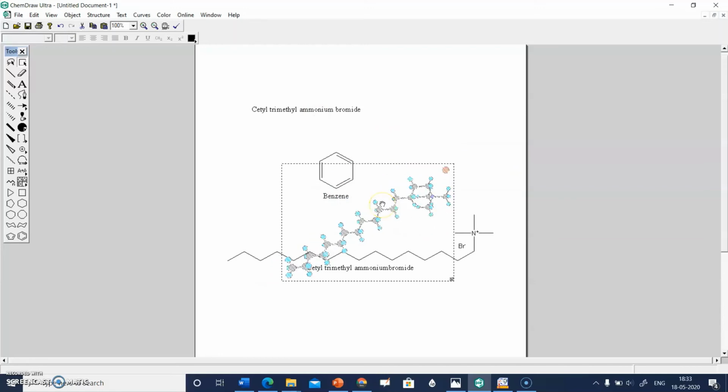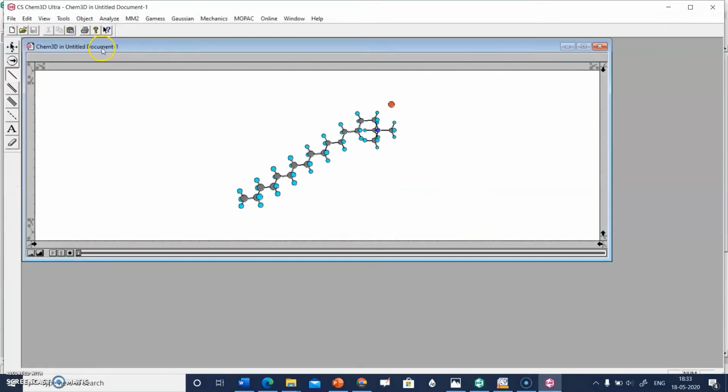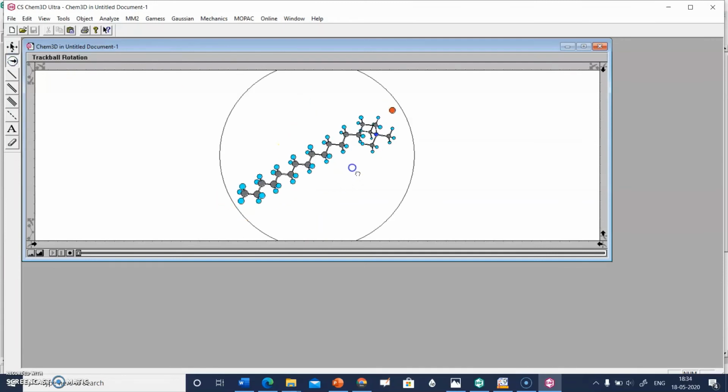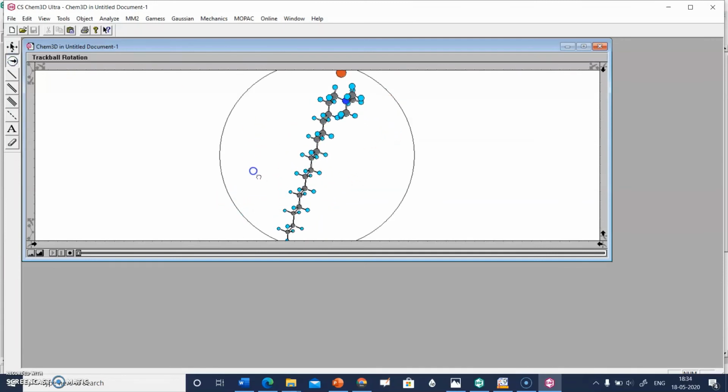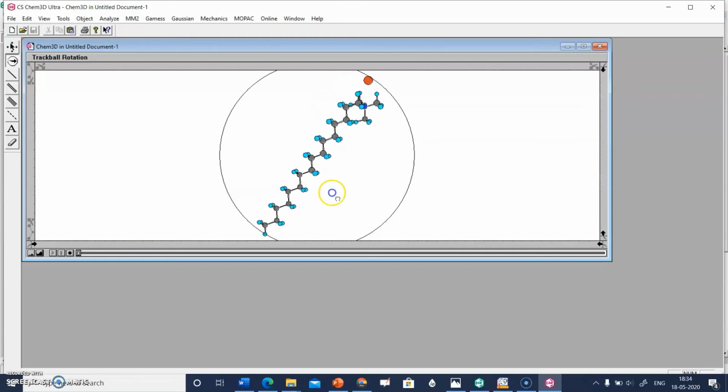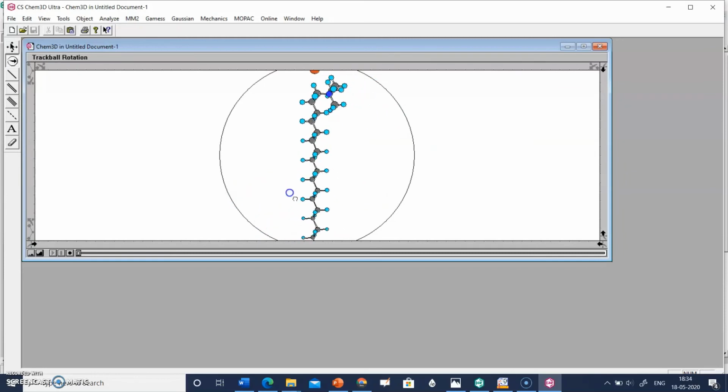And if you click on this, yes, this 3D window will appear. And you can just click on this, select and rotate. So you can see the 3D model of the structures also. So in this way you can create your chemical structures.